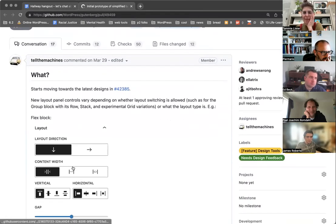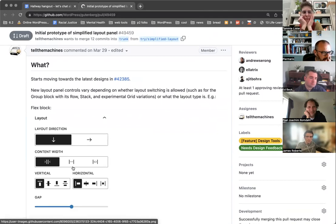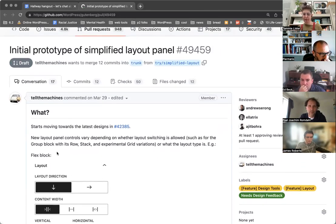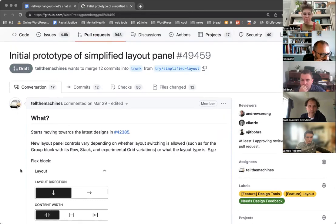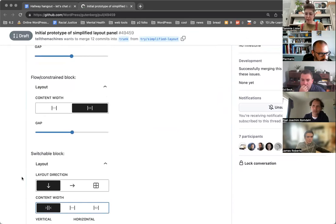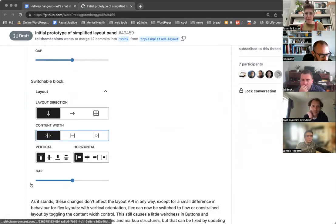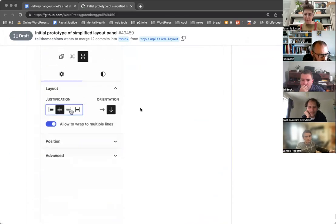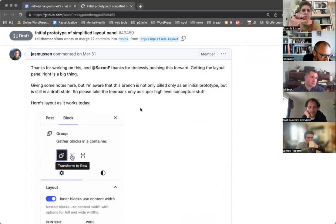The last thing I wanted to quickly go over, and this is also something I really want to test and get some outreach program feedback on, because creating different layouts and understanding the layout controls has long been a huge point of feedback, and especially when you're building things for your site, this is a huge thing. And there is a new simplified layout panel that essentially allows you to have different controls and different icons, and ideally a bit more of a user-friendly experience. We are not going to have time to go into this because I need to take a break before my next call, but I highly recommend if you're interested in this stuff, like Ed, I can imagine you going through this,